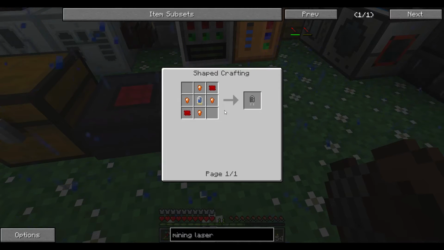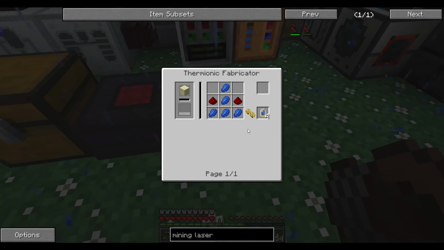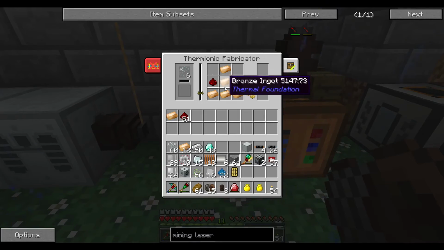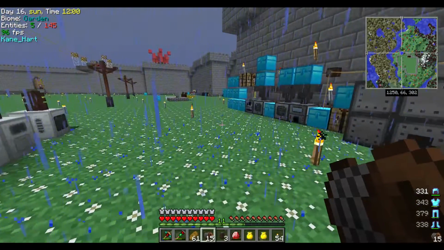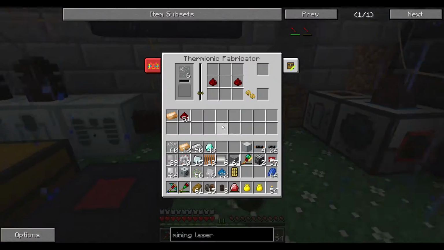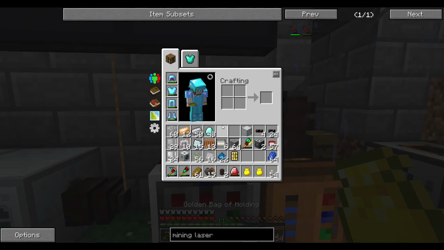We're going to need basic capacitor, which is going to be a lapis electron tube. Oh my. Lapis and redstone. So lapis in here. And then, yeah, redstone's already there, so that's good. Lapis is like up here. And this is going to require power too. These ones you kind of have to disable too, which sucks, but...